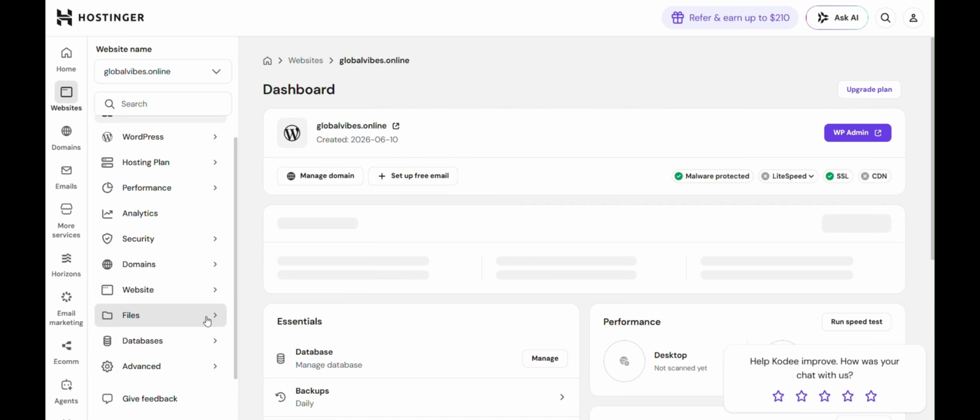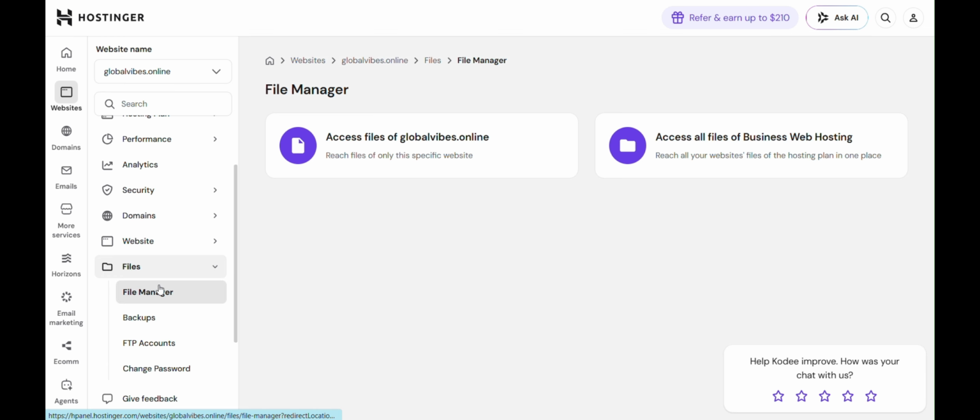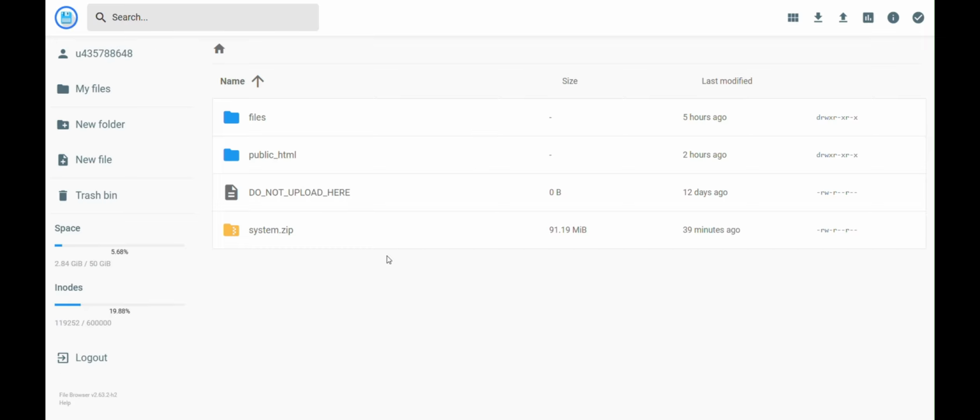What you need to do is click on Files and then File Manager. And then you're going to click on whatever your website is. So whatever your website is, access files of your website, click on that. Now, once you've done that, where it says do not upload here, that's actually exactly where you need to upload